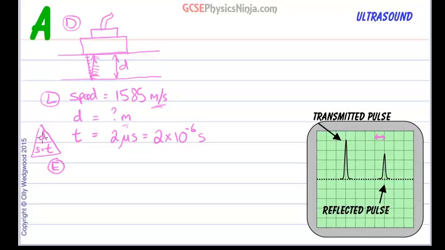So in this case, distance is what we want, and that's going to be speed times time. Another handy hint is if you look at the units of speed, you find that it's in meters per second. That's distance, meters, divided by time. And let's take a look. If we cover up speed, distance divided by time. So that's another way of getting the equation if you're not sure. You look at the